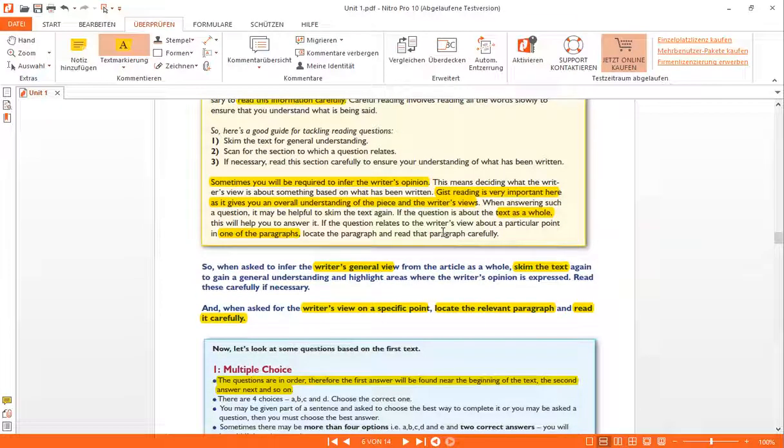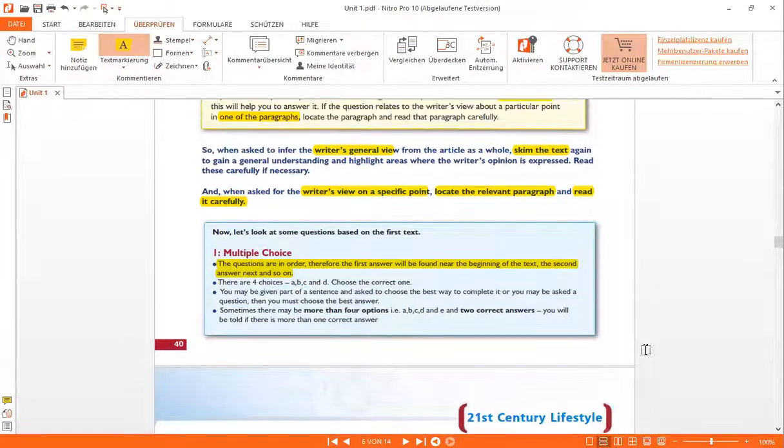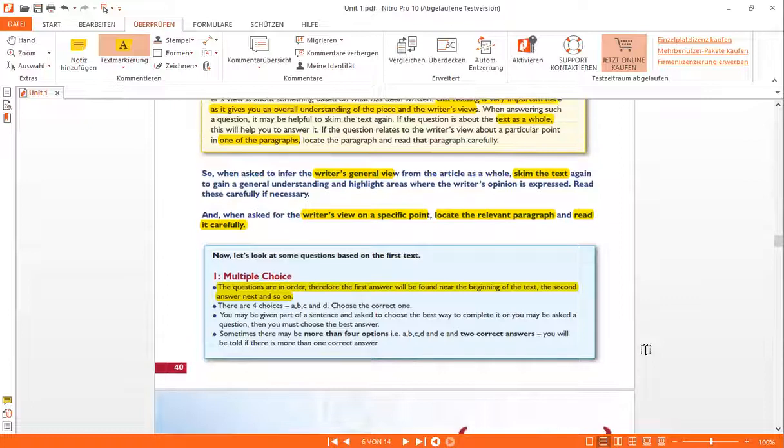Then you're looking at a paragraph. Or is it the writer's opinion on the whole text? Then you need to read the whole text to get what the meaning is. Such questions asking for the writer's general opinion affecting the whole text are